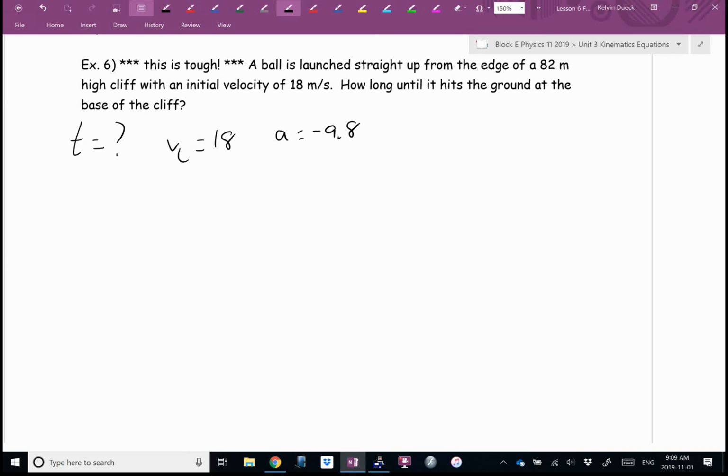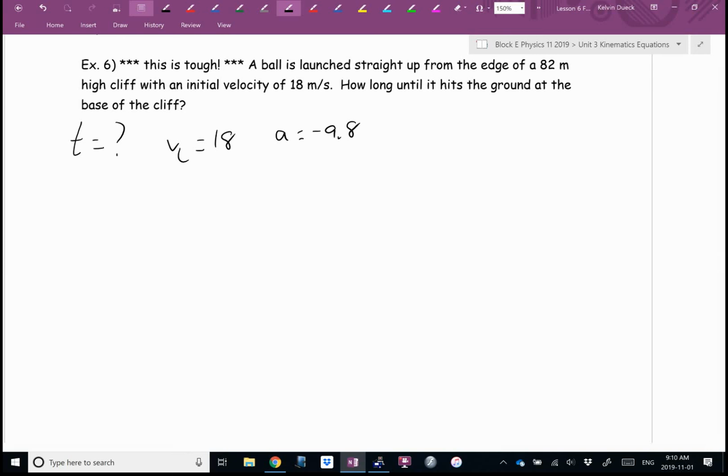So what is the displacement? I'm going to give you a hint. It's not 82. This is the first curveball. D is not 82, and it can't be 82. So, this is a displacement. It just cares about our change in position. D is not 82. Quinn, say it. Just say the word you just said.